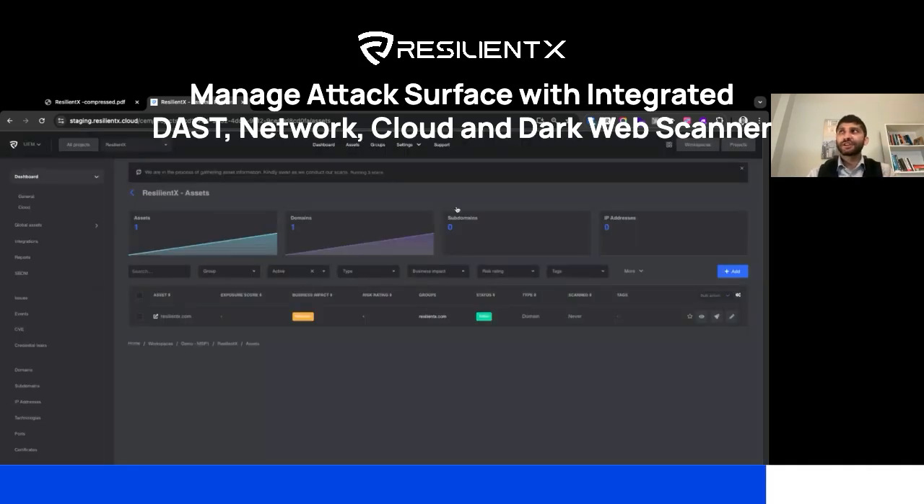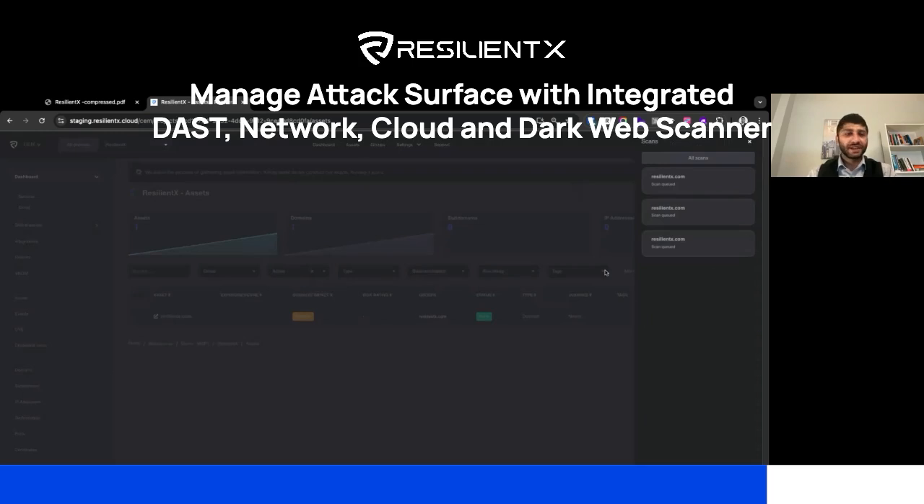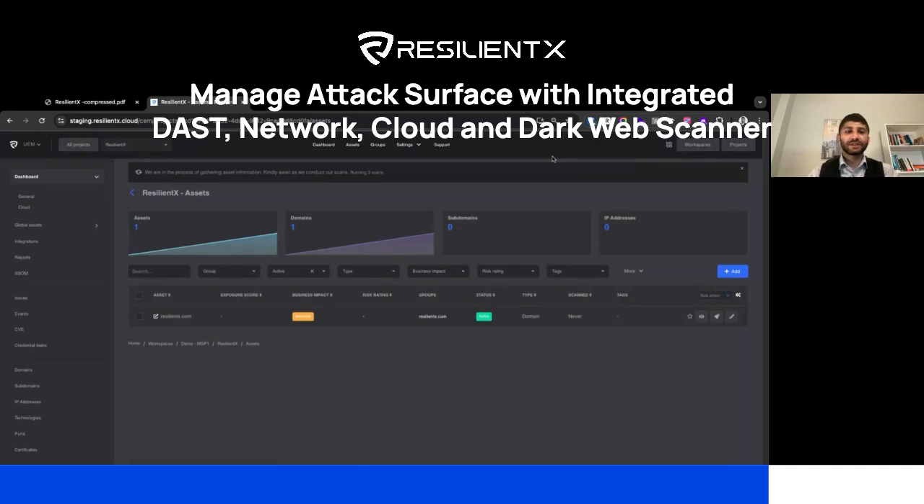I can also give them names or tags to keep everything clean. And on the other side, the platform will start to work. In less than 1 hour, the platform will get ready, and essentially it has identified all the subdomains, IP addresses, anything related to resilientx.com, and you can see it directly on the platform. Of course, the platform provides much more